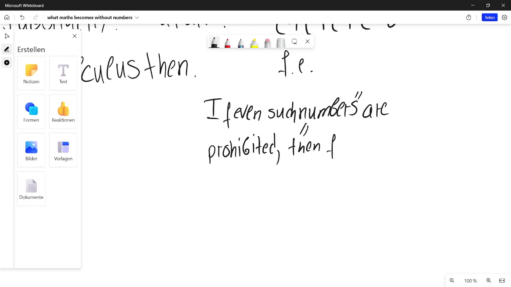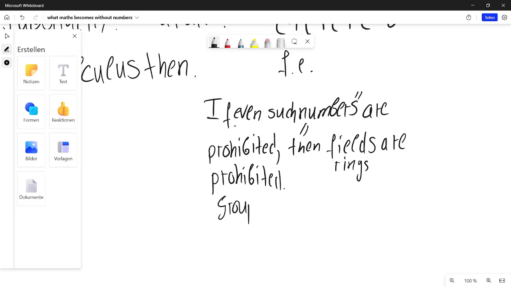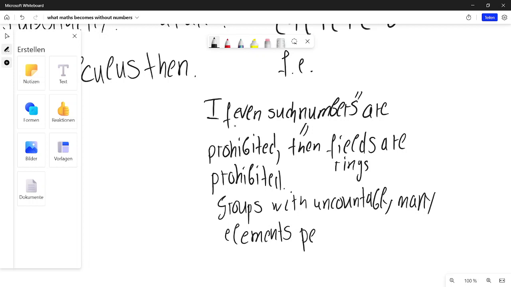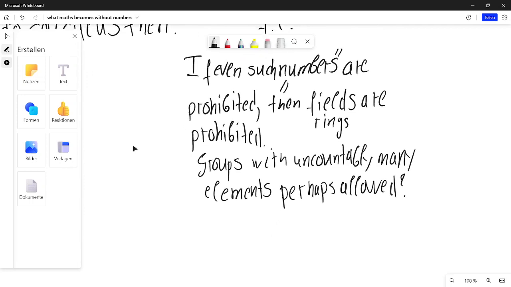in fields are prohibited, field settings are prohibited, groups have countably many elements, perhaps allowed. Mm,